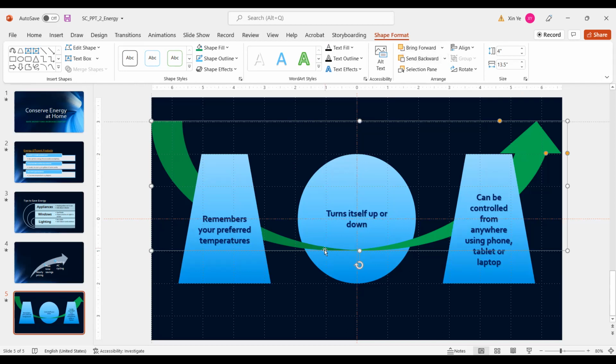See here, send backward. So you click send backward. You might need to do it 2 or 3 times. So send the arrow backwards to all these several objects. Now after you finish,